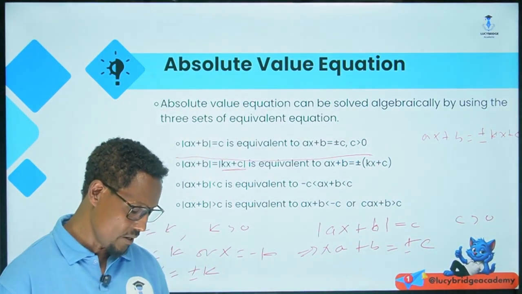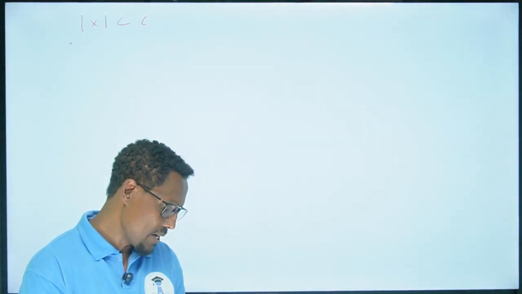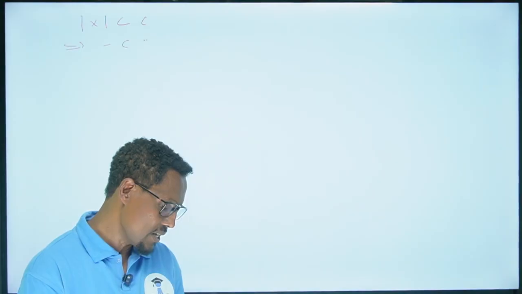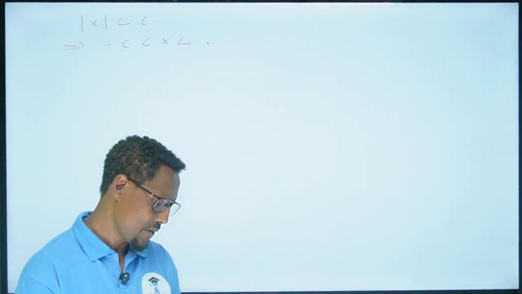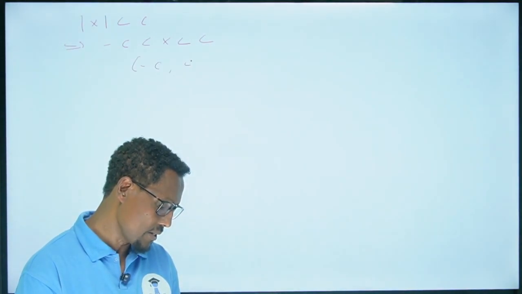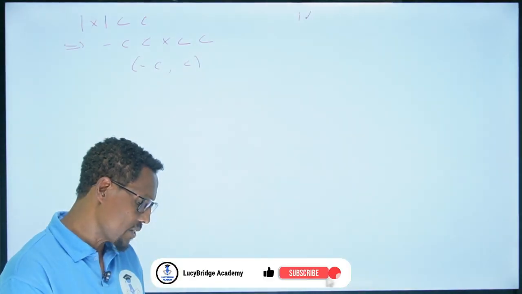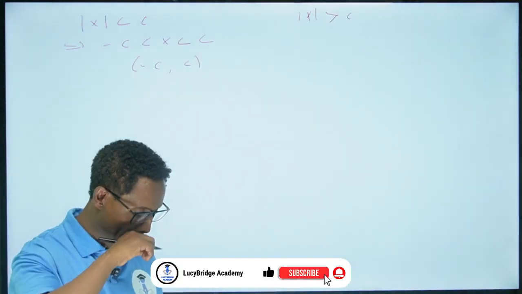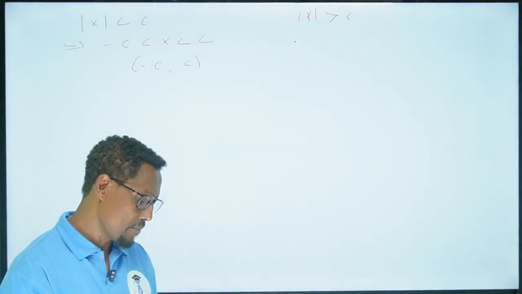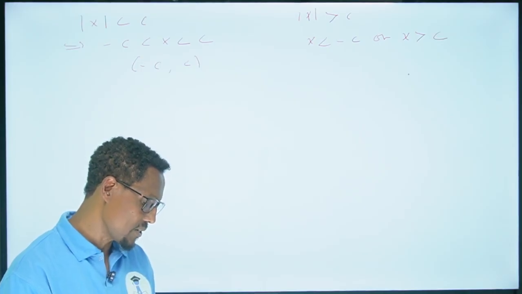Again, the absolute value of ax plus b less than c means it is inequality. All right, the absolute value of x less than c, where c is any real number. ይሄ ማለት minus c is less than x less than c ማለት ነው። Between minus c and c ማለታችን። Okay, x is between minus c and c, whereas the absolute value of x greater than c ካልን ግን minus x is less than minus c or x is greater than c ማለታችን።